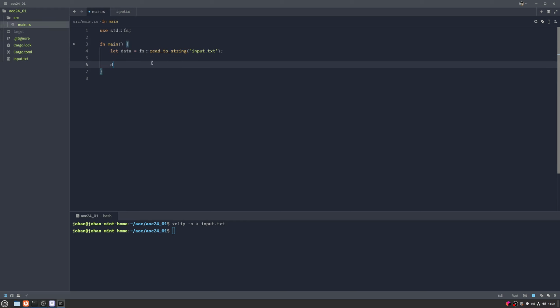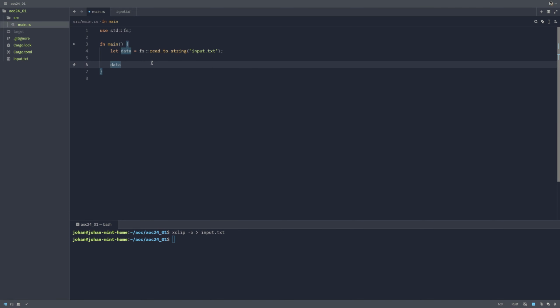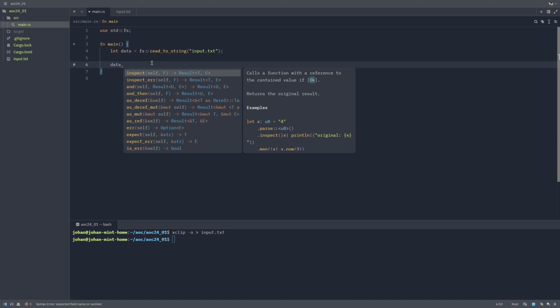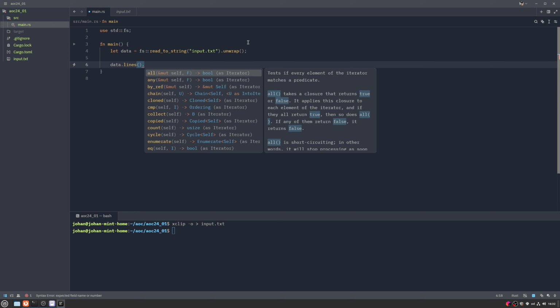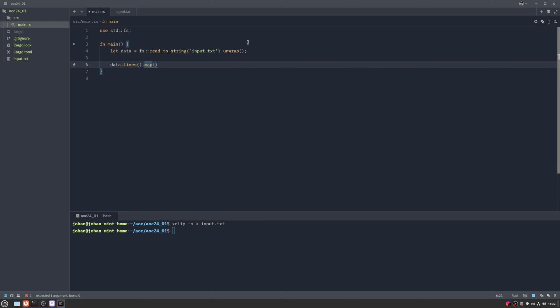So we do that by taking the data and we get the lines from a string. We also need to unwrap that because that is a result type. The lines, and then for each line we need to map it. So the easiest way to do that is just to split the line and get an iterator, and